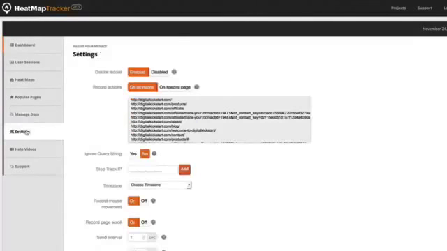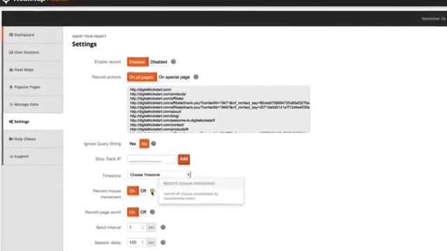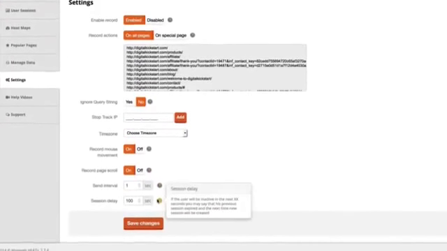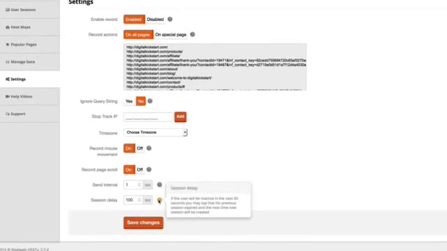Then there are also some basic settings, like being able to enable or disable recording the sessions, and being able to stop IP addresses. Maybe there are certain IP addresses that are skewing your data, so you can remove those. You can choose your local time zone, record mouse movements, and record page scrolls. If for whatever reason you don't want that data, you don't have to have it recorded. You can also do session delays, so basically, if the user is inactive after a certain amount of time, say they go to your website and they leave their computer